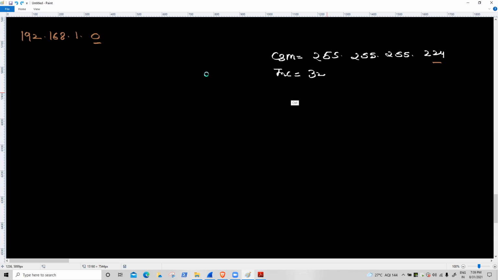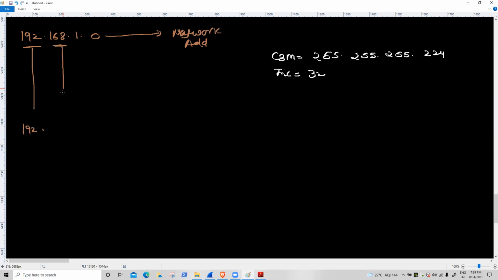Okay. So right now, if I am getting a 0 this side, this one is my which one address? Network address. Okay. Right now, first octet as it is, 192, because full.